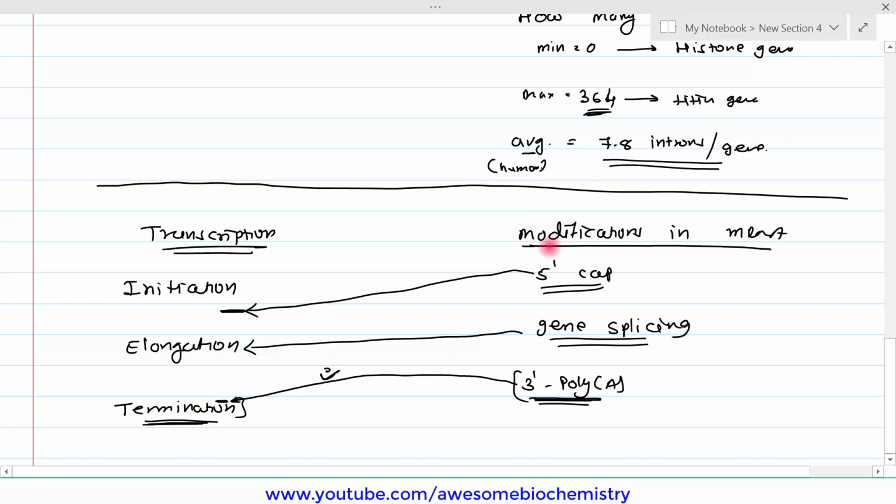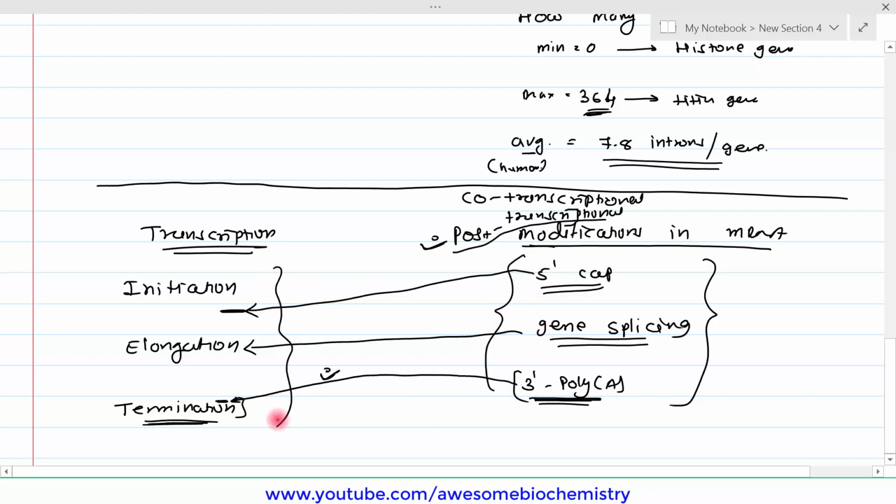Okay. Generally all the literature suggests this major modification in the mRNA is a post-transcriptional modification. But I believe that this term is a misnomer. It is the wrong term. It should not be used. Instead of post-transcriptional modification, co-transcriptional modification is the better word. Why? Because this modification occurs simultaneously while transcription is going on, not once transcription finishes. So although all the literature suggests the terminology post-transcriptional modification, smartly it's a co-transcriptional modification.